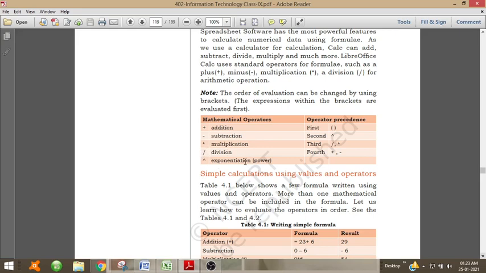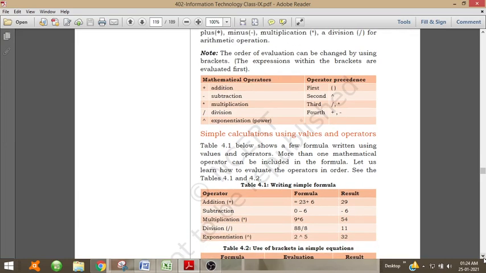Then for exponent or power, this cap symbol is used. So first preference is given to brackets, then exponent, then division, then multiplication, then addition, and after that subtraction is given priority.